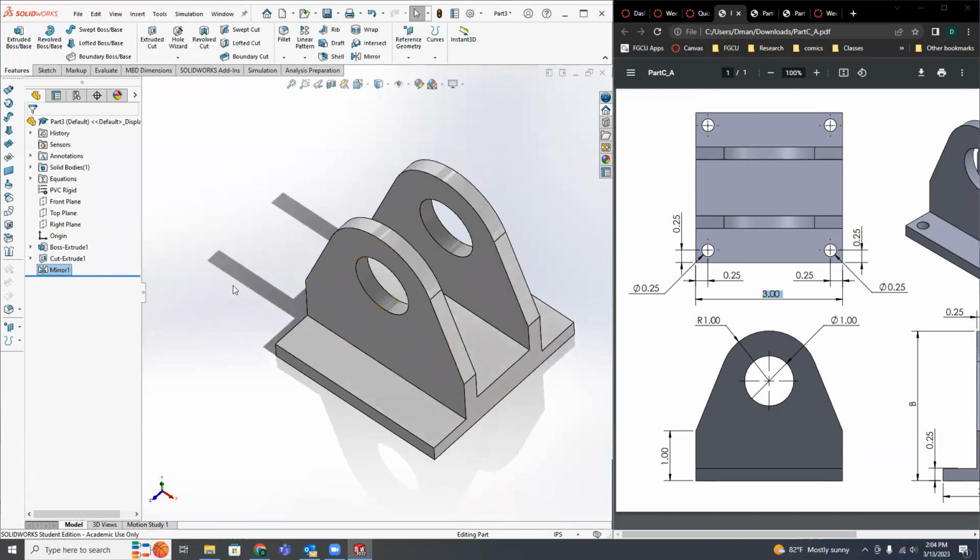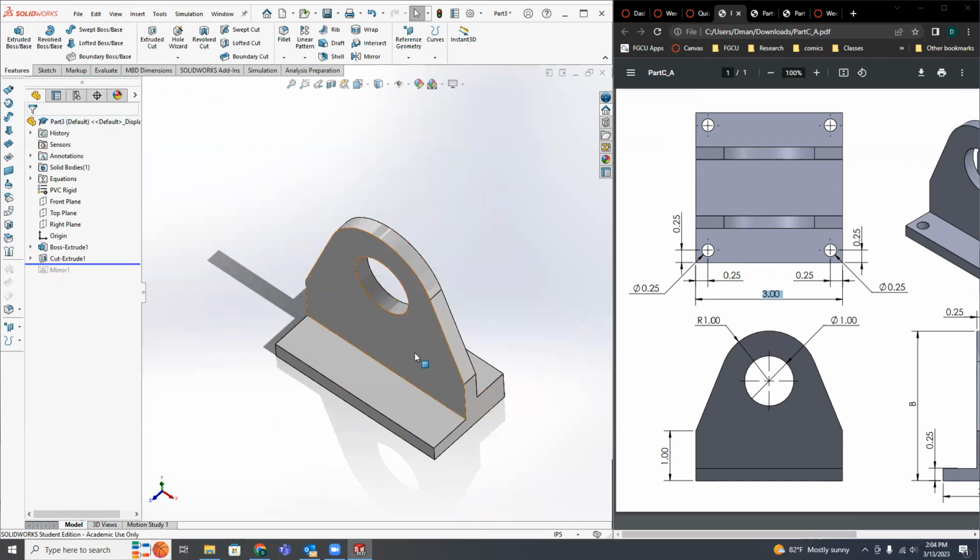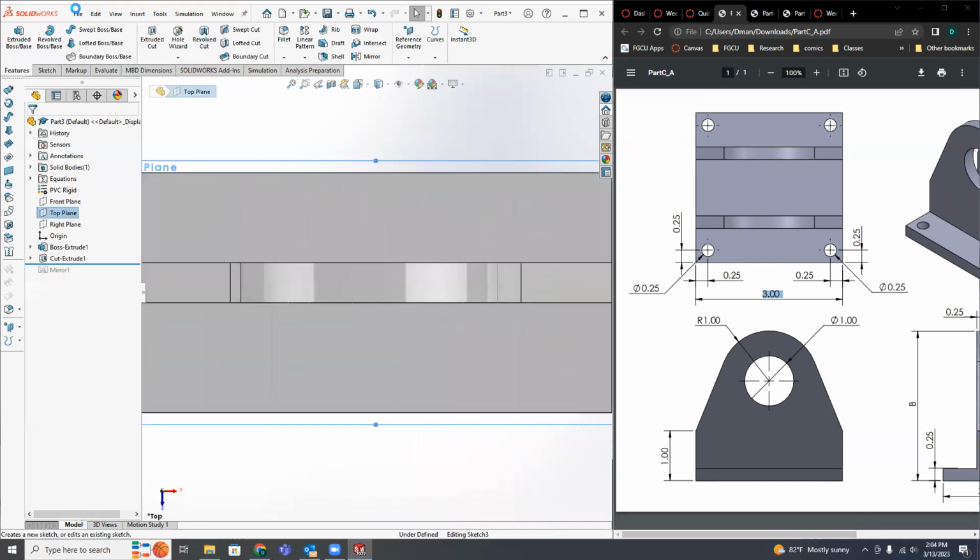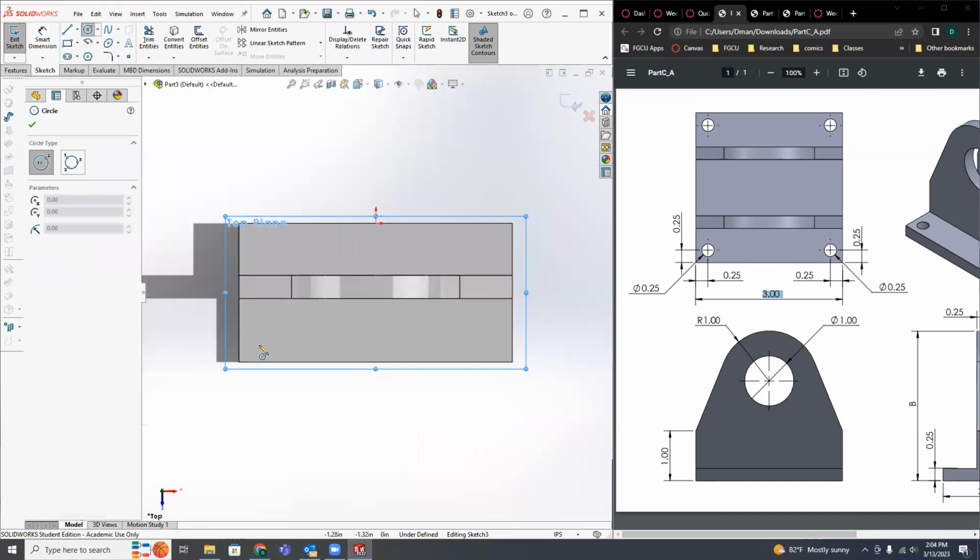Last thing I'm going to do is I'm going to add the holes. I'm actually just going to add 1 hole, and then I'll mirror it, and then I'll mirror the mirror. So I'm going to go back before my mirror exists. I'm going to sketch on the top plane. I'm going to put in 1 hole